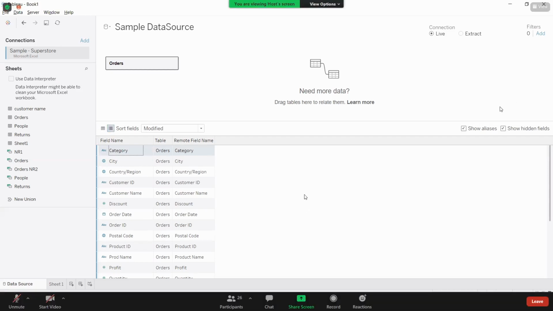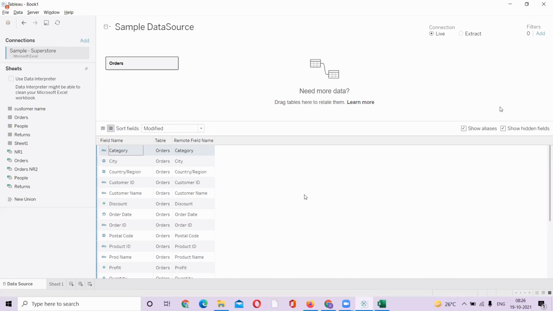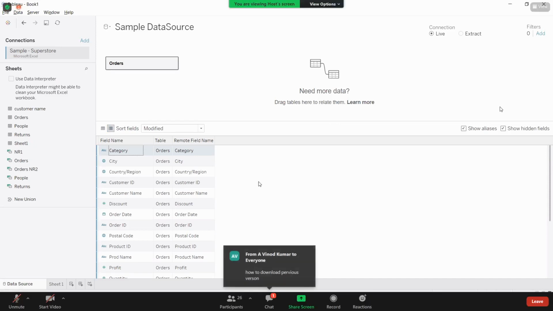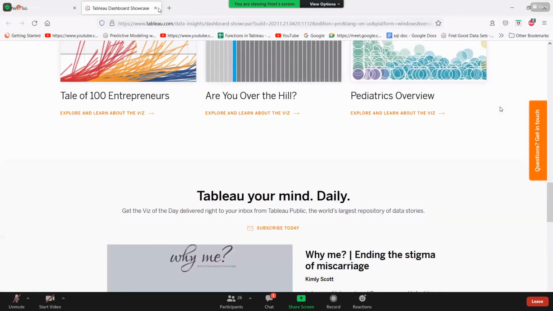Can you share? What version are you? It's the latest one. Is it public or desktop? It's desktop. Okay. Can you send us a screenshot? Yeah, I'll share a screen. You're sharing the screen? No, he'll share a screenshot. Okay, fine. Just share it. And this, you download. I think Kalpana can do that. Download this one.